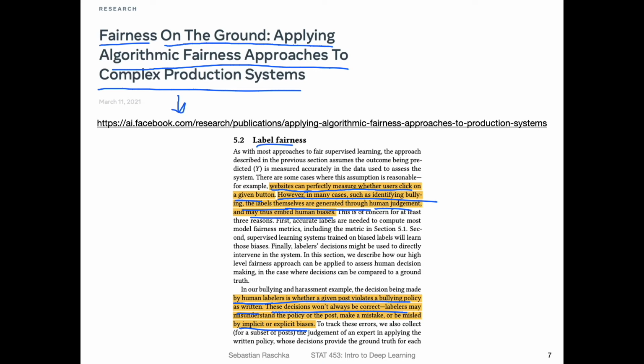Related to that, what I wanted to mention for your class project, what might also be an interesting thing to do is to take a sample of your data set. So if you are working on a classification problem, let's say you have a data set of 100,000 images, take, let's say, 100 images, and then look at these 100 images, and without looking at the labels, try to predict what class label it is.